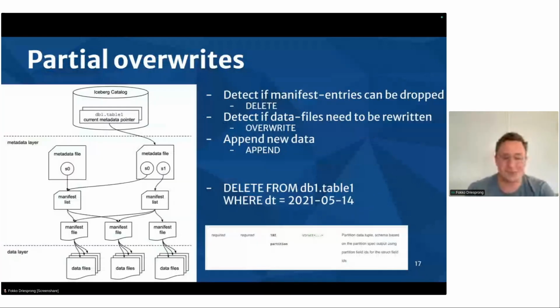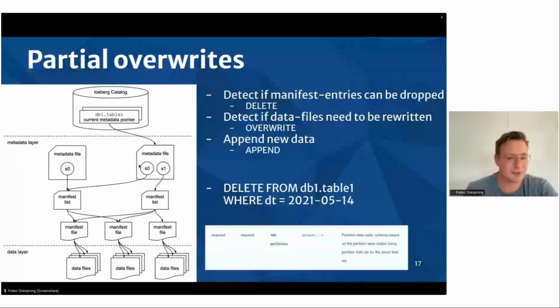So a bit about the partial overrides and how we implemented this in PyIceberg. It's actually a 3-step process. In this case, we're looking at the partial override. It will first delete the data that you're trying to override, and then it will append new data. For those familiar with the metadata tree of Iceberg: first you have the catalog, for example, REST catalog or Nessie. You take the pointer to the latest metadata file. Actually, with the REST catalog, it's a bit more simplified. You can just get this file from the catalog itself.